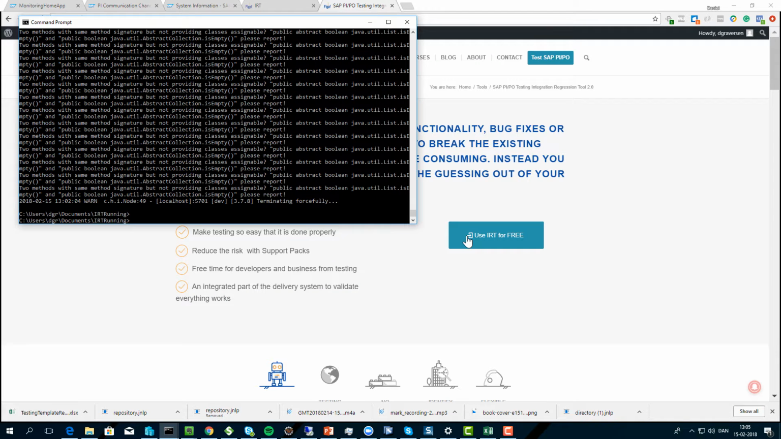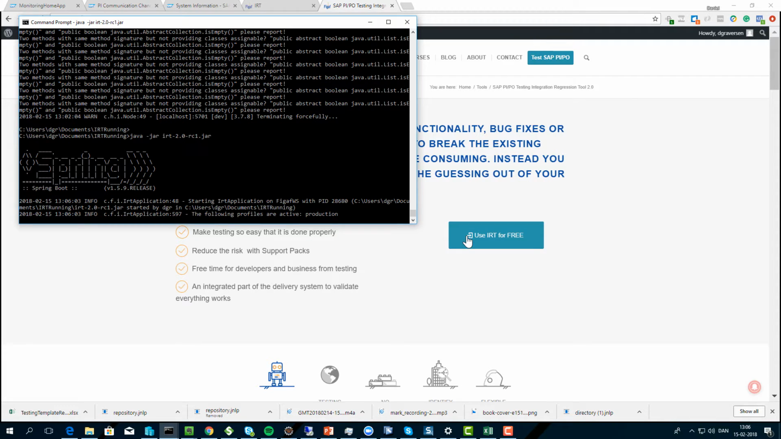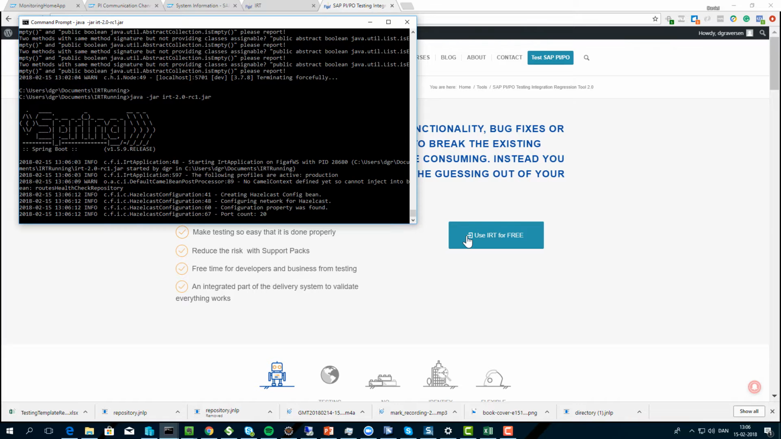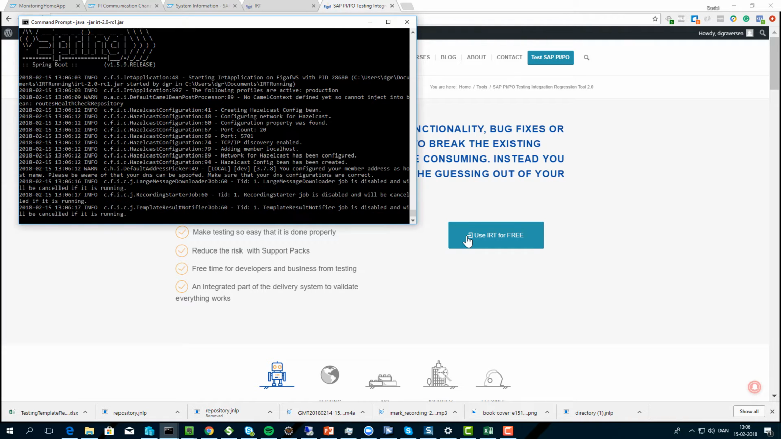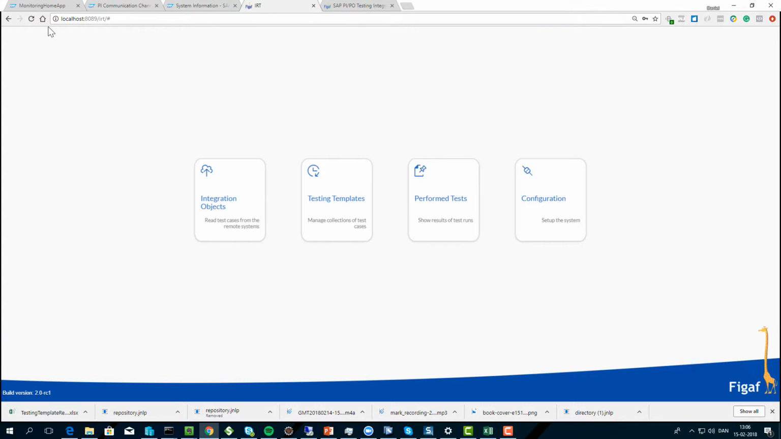So here we have downloaded the file. First we have deployed an SCA file on your PI system, and then we have downloaded this jar file, and you simply run it with java -jar and the name of the file, and this will start up the application. This will take a few seconds. It figures out how to start it and all these different parameters regarding the settings. So once it is started up, you can log on to localhost